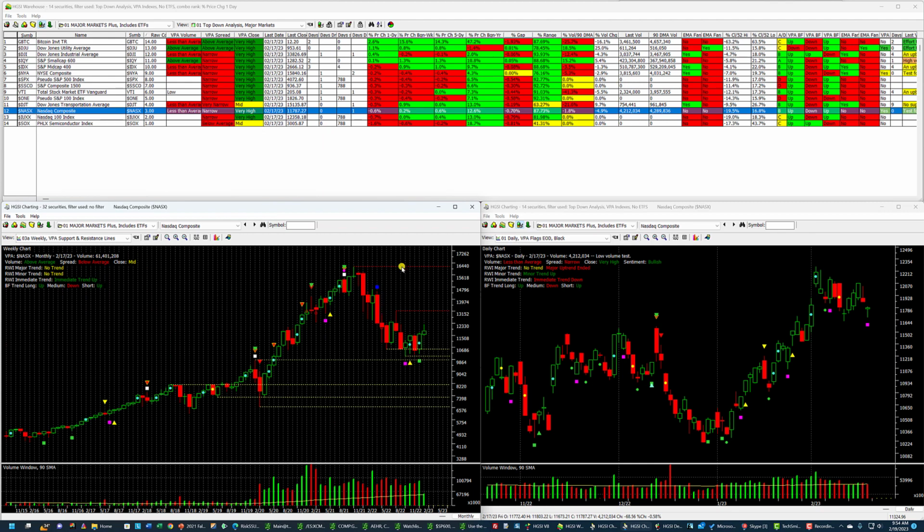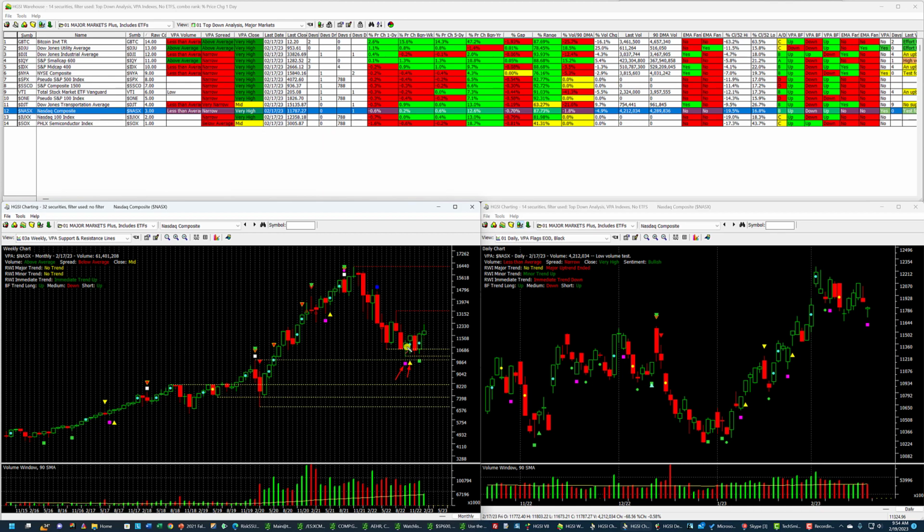And I want to do this just to give us a longer term perspective and show you really, even though we've had this very nice rally, how far down we are from the top based upon the monthly chart. But I also want to point out how good these VPA flags were. Here was a low volume test. Okay, this is February, this would be January, this is December, this is November, this is October. And there was a confirmation of that test in October, and then on,